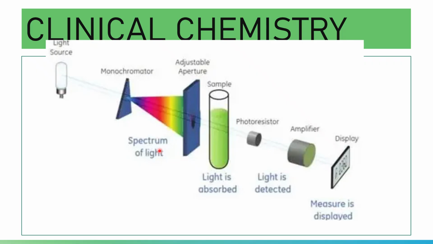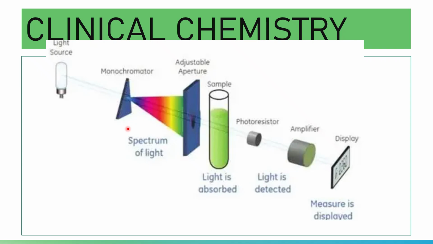Let's take a look at the components of your spectrophotometer. You have a light source, a monochromator, a cuvette, the detector, and then the readout device or the display. That's all I will say for now because as you go, you will learn about this in detail. The light source is either a mercury arc or tungsten lamp, or a deuterium lamp.